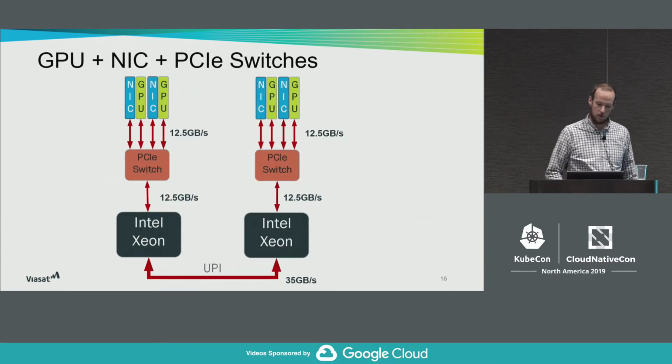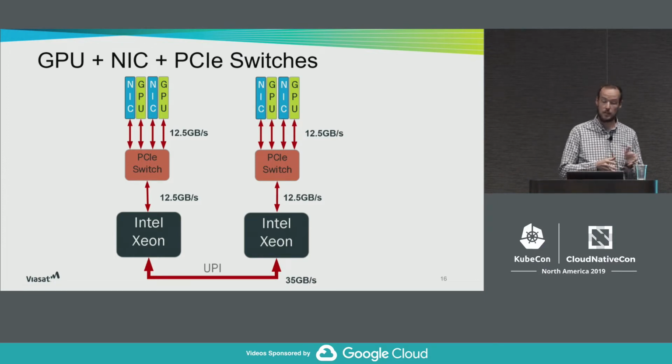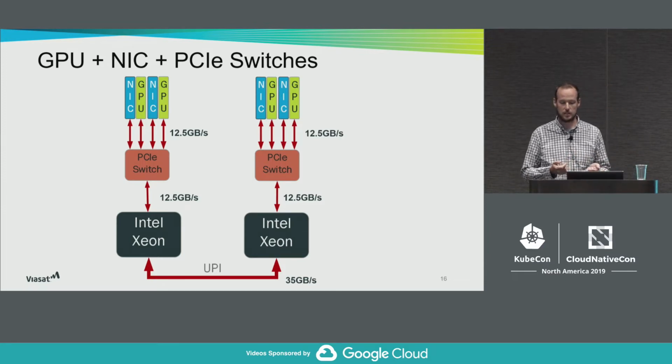But if you look at the more common GPU servers, now you have 4 GPUs and 4 NICs, which two are bound to each processor through a PCIe switch. So now, in addition to having the two processors there and the link back to the processor, you have each of the GPUs and the NICs going at about 100 gigabits per second back to a PCIe switch. But now there's only a single 100 gigabit per second link going back to the Xeon, which causes